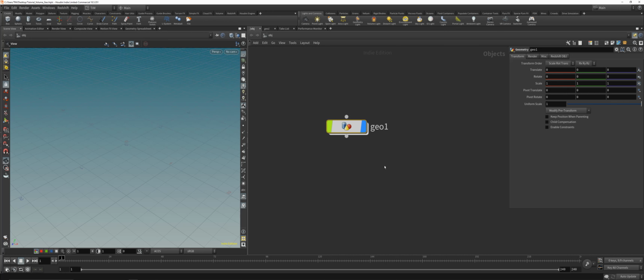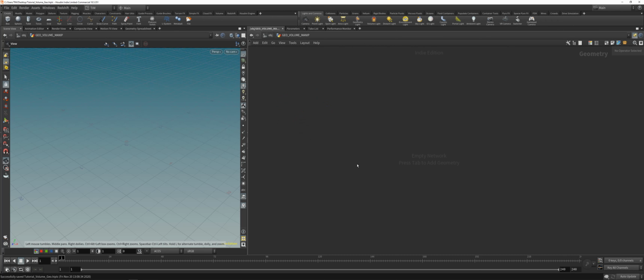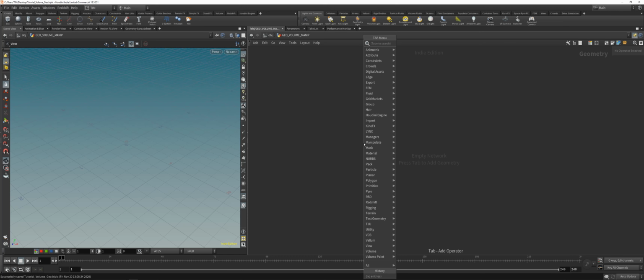So we will first start with placing down a geo. Let's call it volume manip for manipulation, and I will choose black and round. Cool. I will dive inside with the I key, or just double click the left mouse button, and I will place down